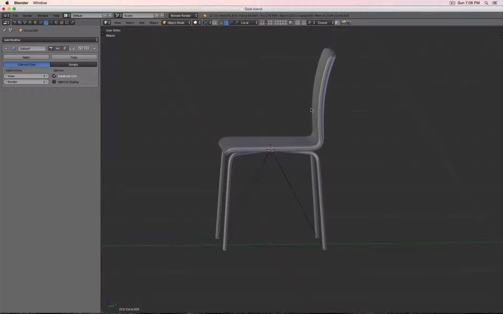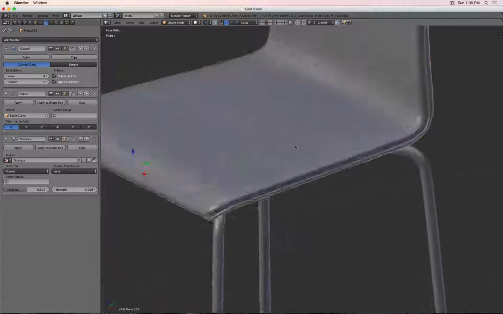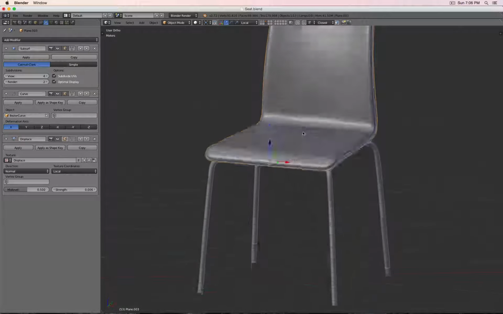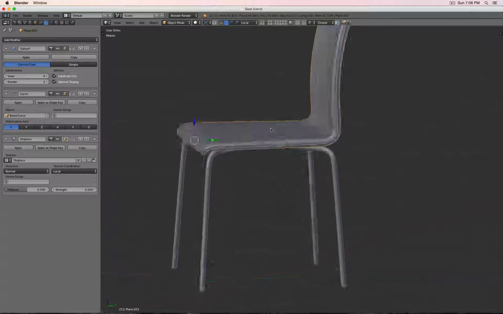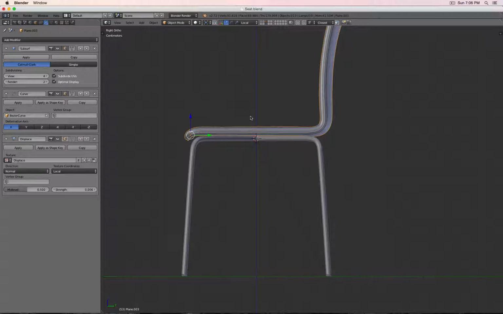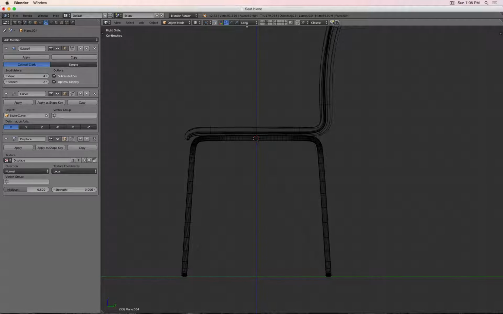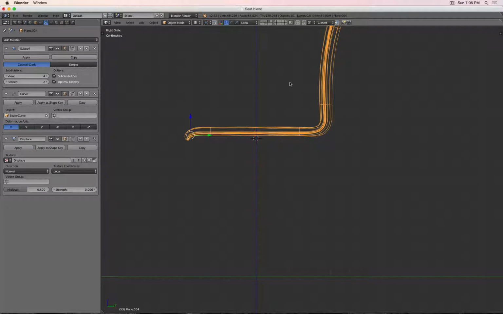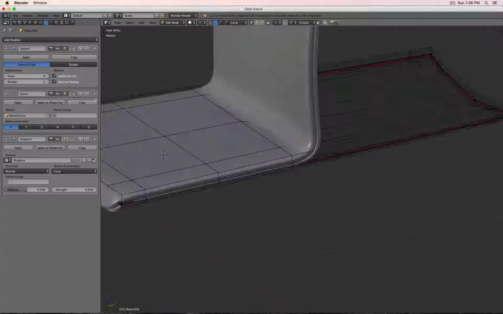body. Now, I showed before that you can use this displacement modifier to add a little bit of irregularity, for example over the surface. For example, this should be some sort of, let's say, fabric, and I'm going to simply Shift D, copy this one and move this onto another layer, because what we can do also, in addition, to add a little bit more variation,